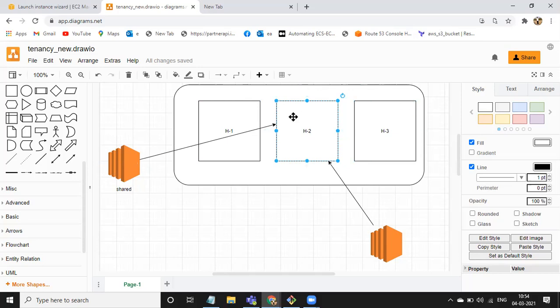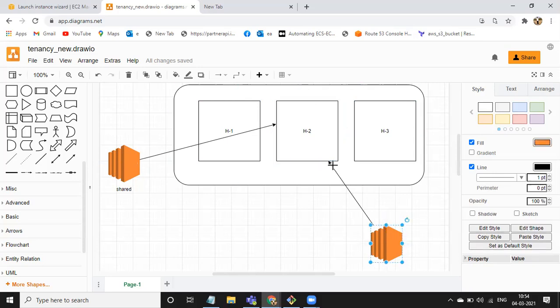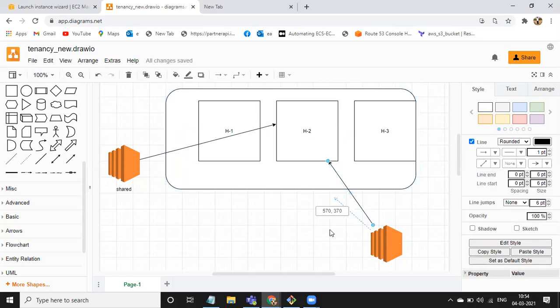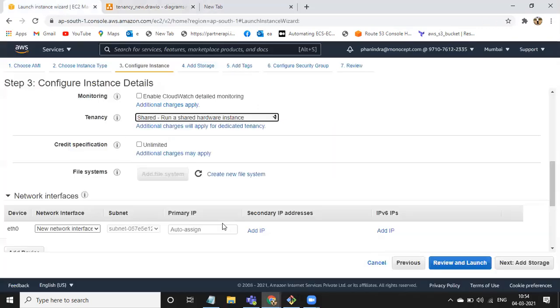What is the shared tenancy model? Random. It can randomly go and sit in any hardware, but the instance which you launch in shared tenancy has a chance to go and sit in your dedicated hardware also. Okay. Got it? So next.